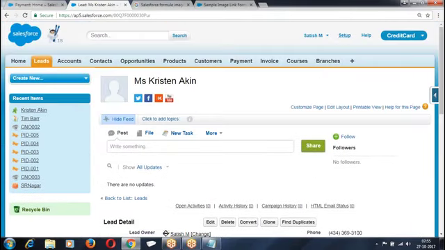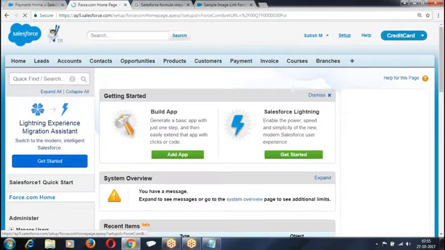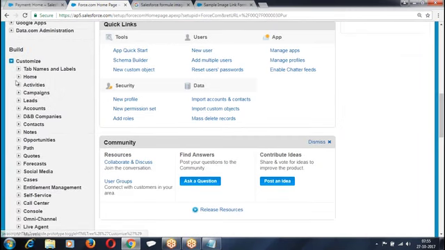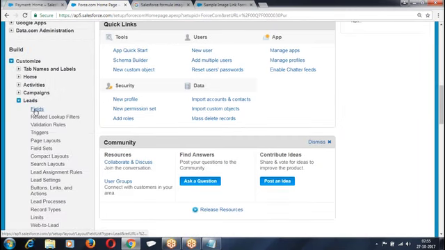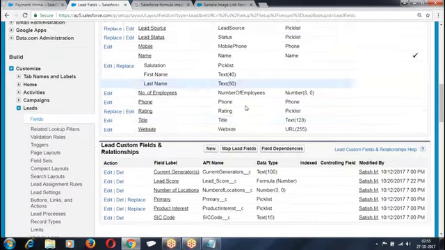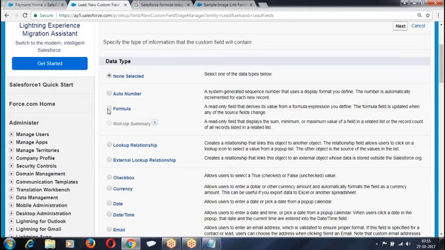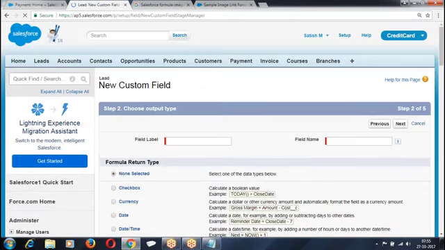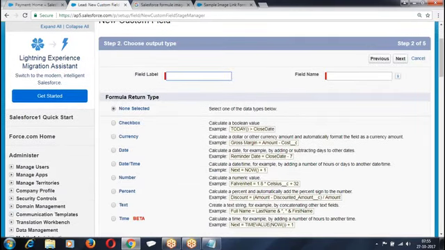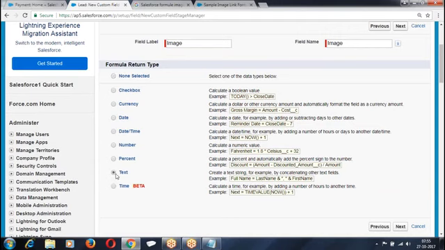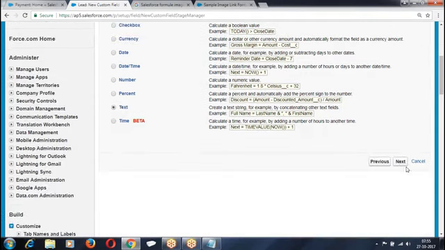How will you create a custom field? Setup, build, customize, leads, fields. We have formula. Next. All the images are going to be in text format. The data type for the images in the formula is text.